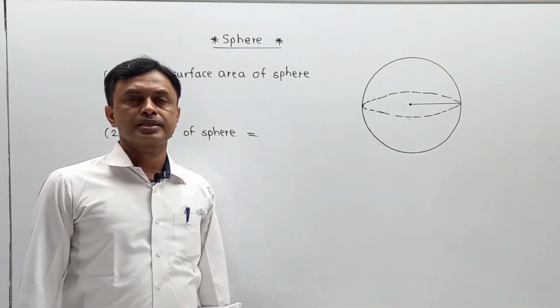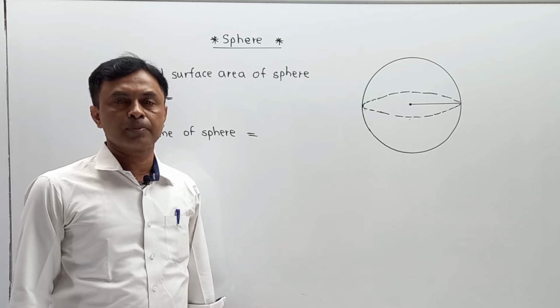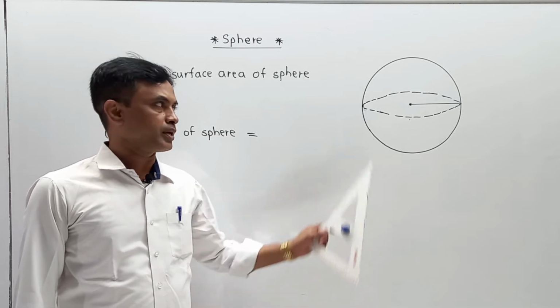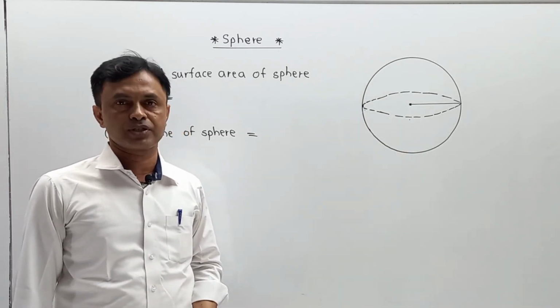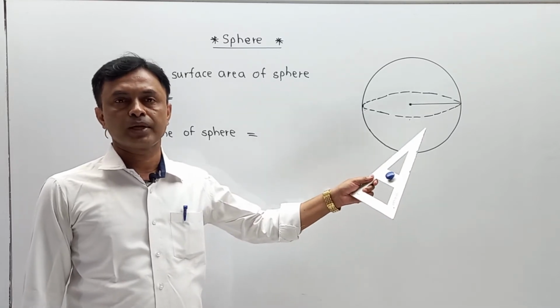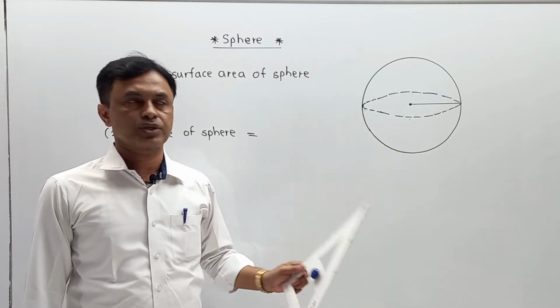Sphere. You can take a general example like a cricket ball or football. The football will be an appropriate example for your understanding. It contains only two formulae. One is nothing but curved surface area, which is also called the total surface area of a sphere. And the second is nothing but volume. These formulae are directly given in the syllabus, and in mathematical calculation, we are directly using them.